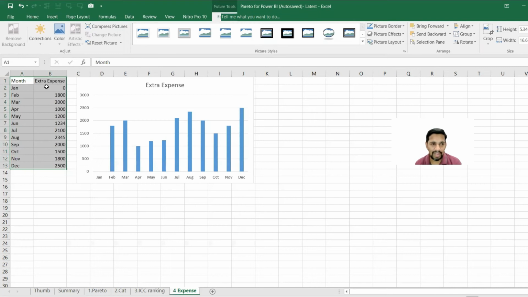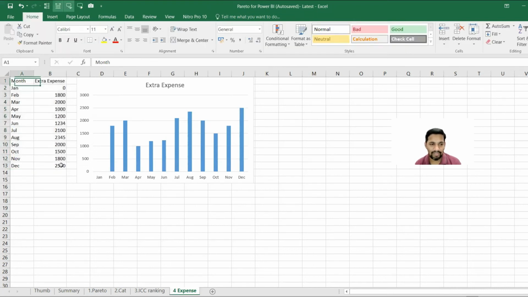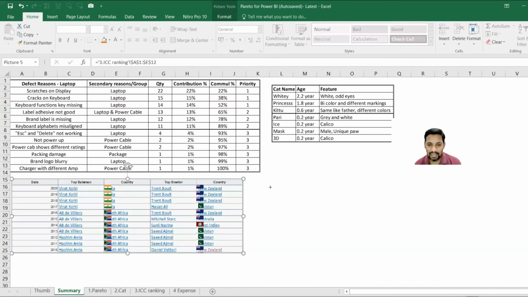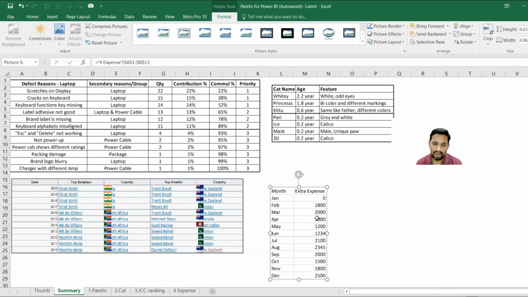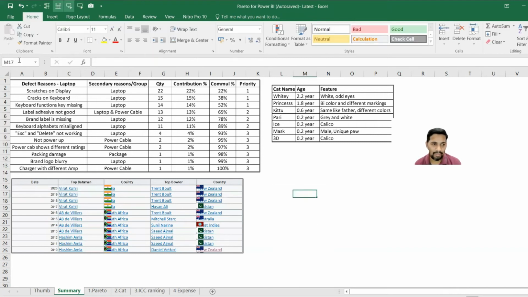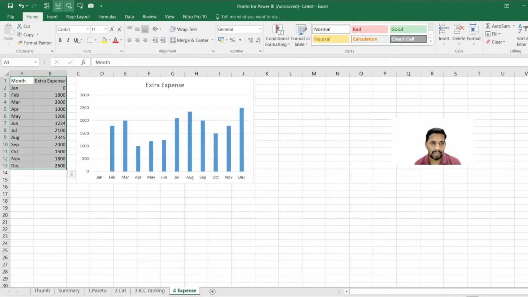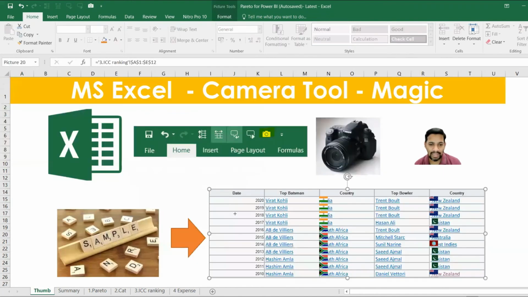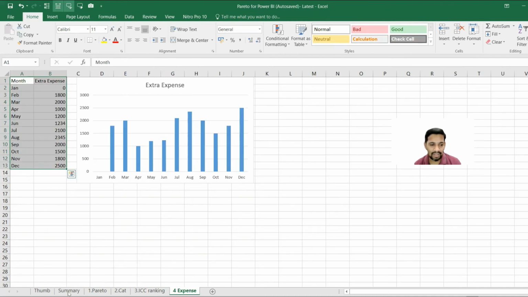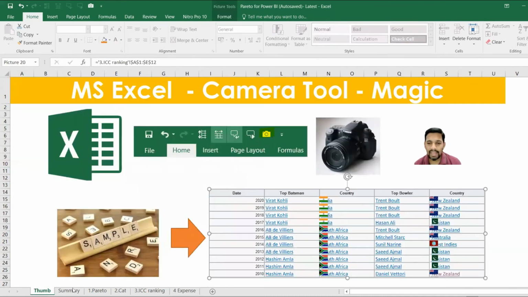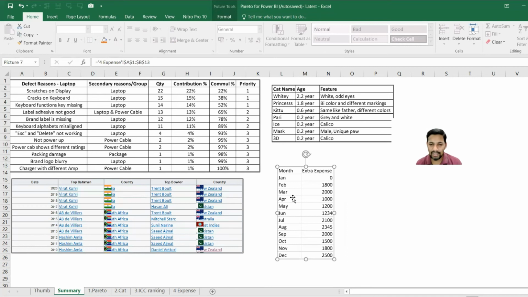And same for expense. This is the value I have, and all I have to do is select the camera, ensuring that the plus symbol is coming up, and then you can select this way. This is one way, or you can just select the camera, and the plus is there. Even if you double click, it automatically comes here. So there are many ways you can do it.